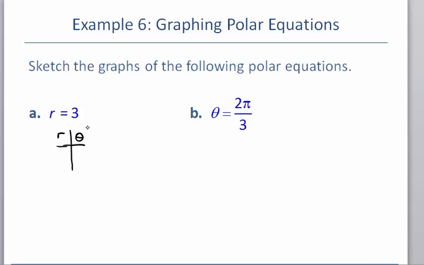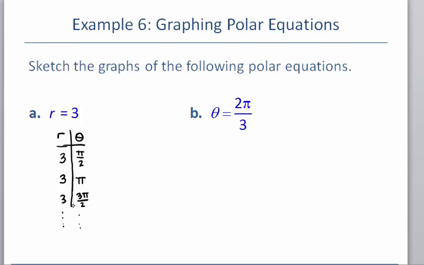Now, what you want to realize here is that regardless of what angle you pick for theta, the r value is always going to be 3. So, for example, if my angle was pi over 2, the corresponding r value is 3. If my angle was pi, the corresponding r value is 3. If my angle is 3 pi over 2, the corresponding r value is 3. And we could continue along this same path indefinitely. So you want to remember that if r is equal to 3, it is always equal to 3,